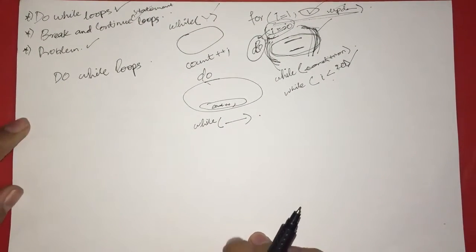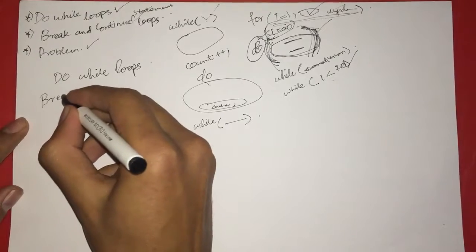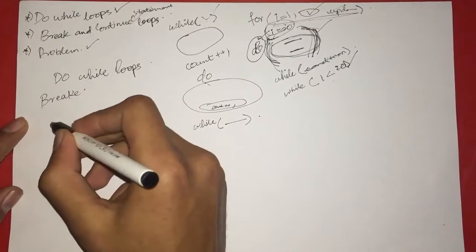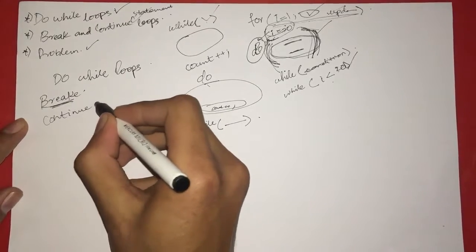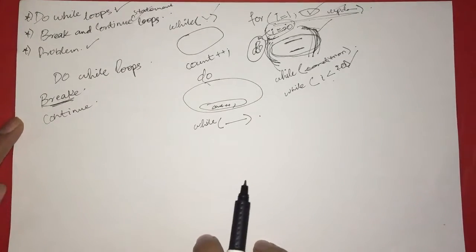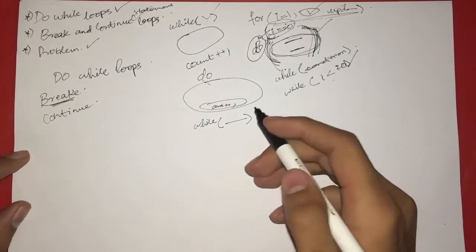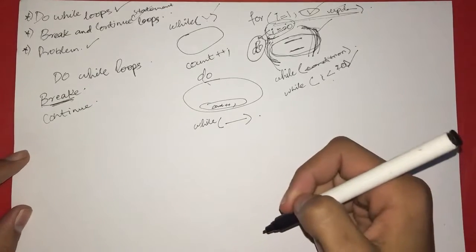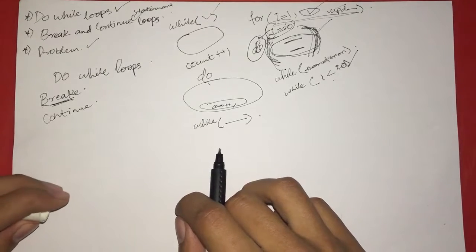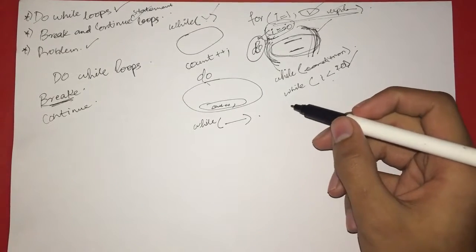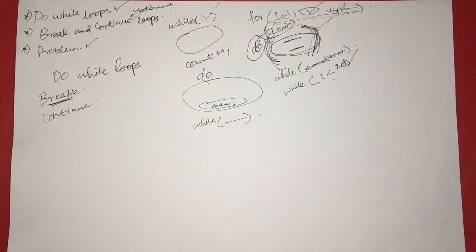So what are break and, sorry if I'm writing the spelling wrong, continue statements. So what is a break statement? For example, you have a loop, and if certain conditions are met, or if, for example, you use an if else statement within the loop,